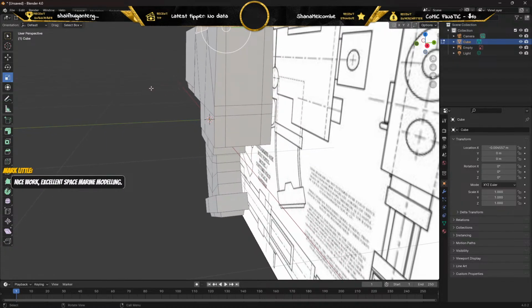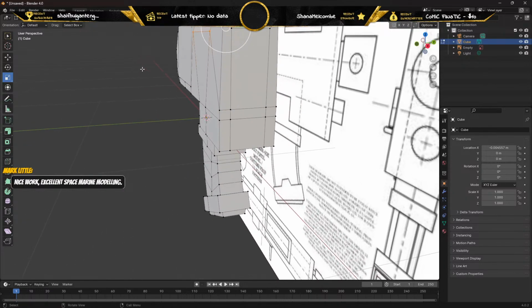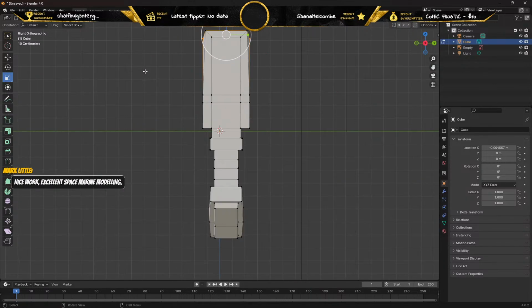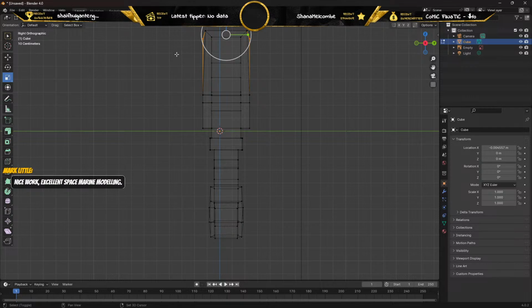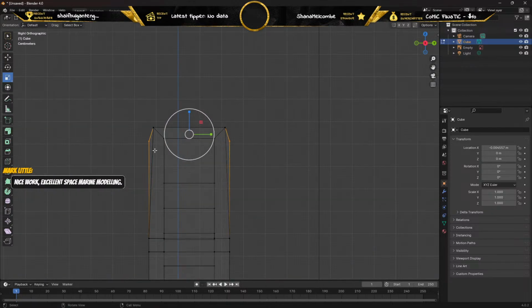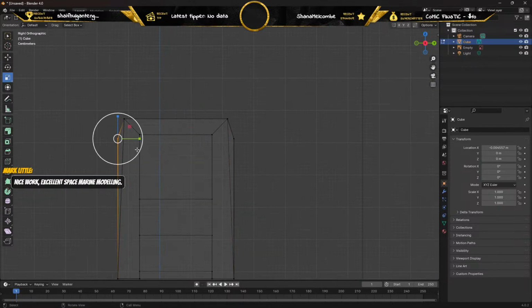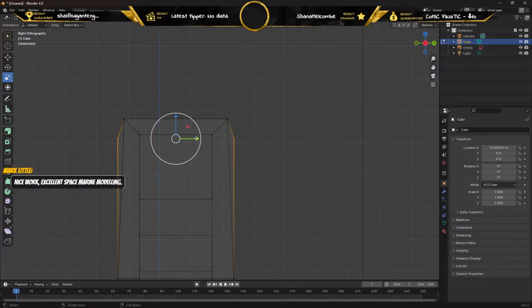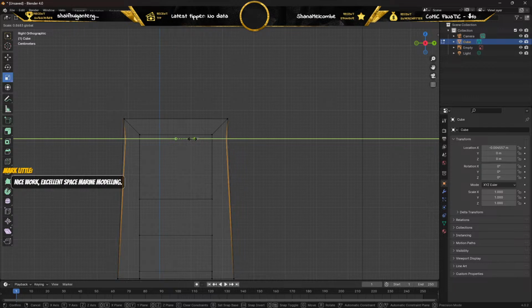No. If we look, just those were there. So go back to shift here. These verts here. These verts here. L and